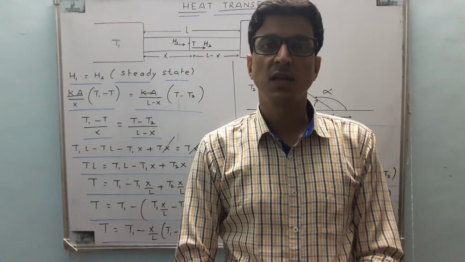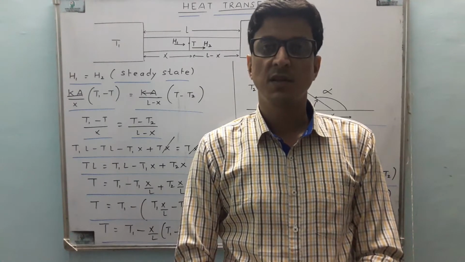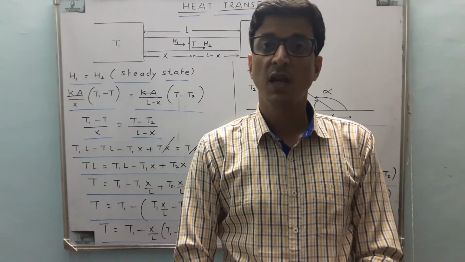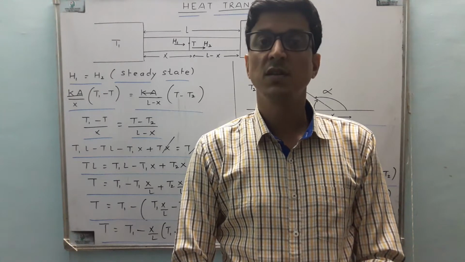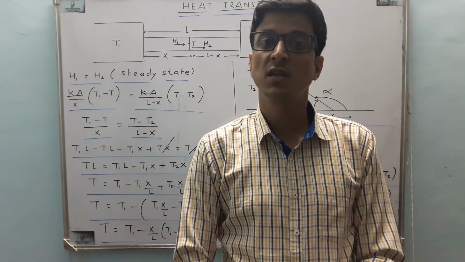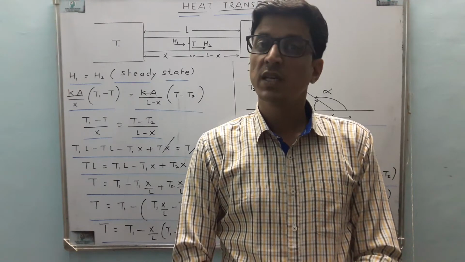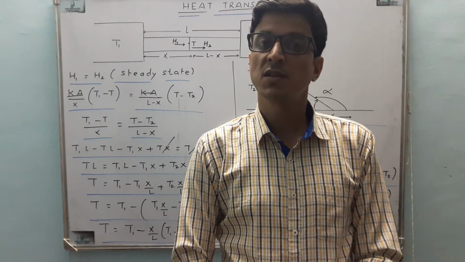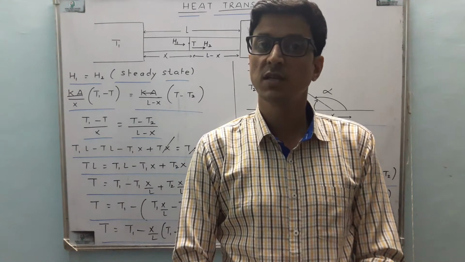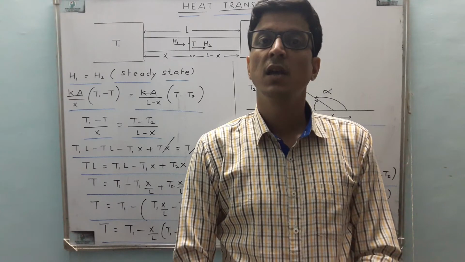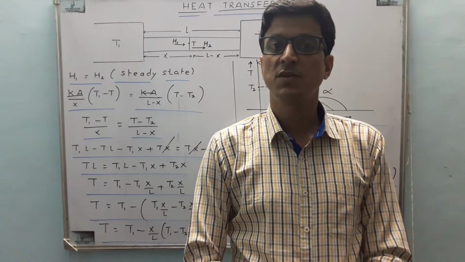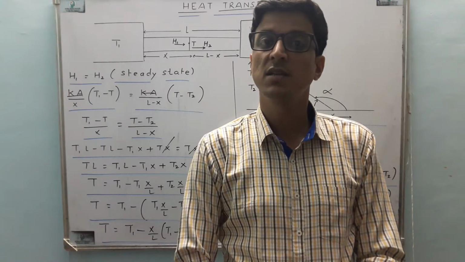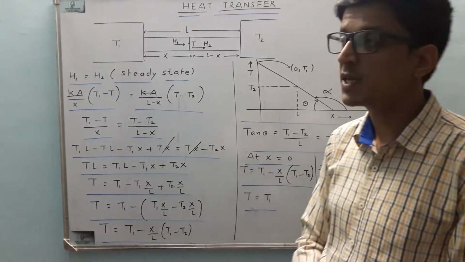Since the rod is conducting, near the hotter end, electrons will have more energy. They will collide with other electrons, and due to this collision, energy will be transferred across the conducting rod. So in steady state, the heat rate or the energy transferred across any cross section is the same. So the input heat current is equal to the output heat current. This concept we will use to solve this question and to find the temperature of any point on the rod in steady state. So let's proceed systematically.